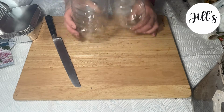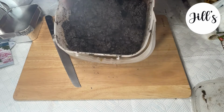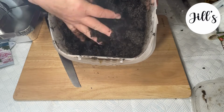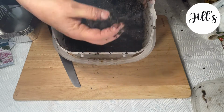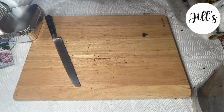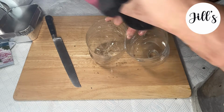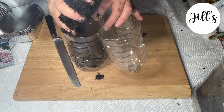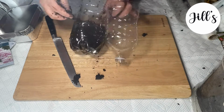So now we use, this is my lovely Rocket Grow pre-moistened soil. So as you can see, it's wet but not soaking wet. And I'm going to take out any big twigs like that. And I'm going to put it in here. I think the poppies I'm going to do about